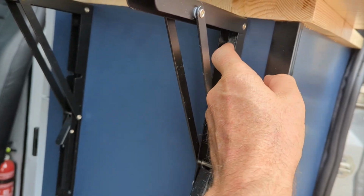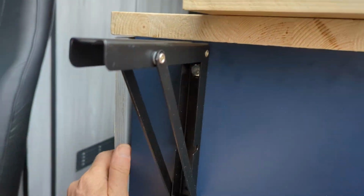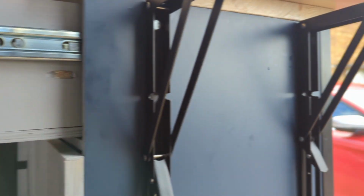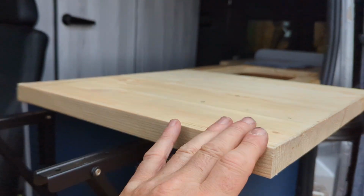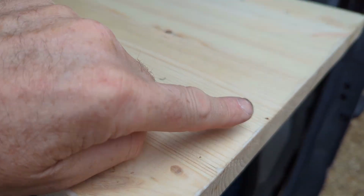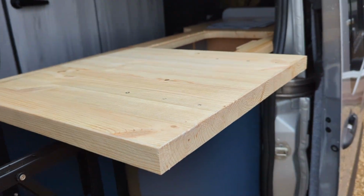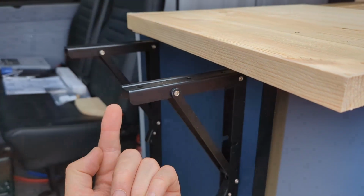Right, so I finally got that bolt through and a nut on the other side. That was quite a faff because it's in behind that drawer and I can't take that drawer out because the seat's in the way. But got it done eventually after lots of cursing and swearing. And now I'm going to put the worktop on. I've already offered it up and marked where the holes are going to be. So I just need to drill a couple of little pilot holes and then put some screws through the bottom